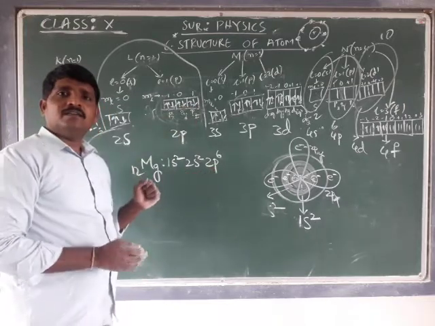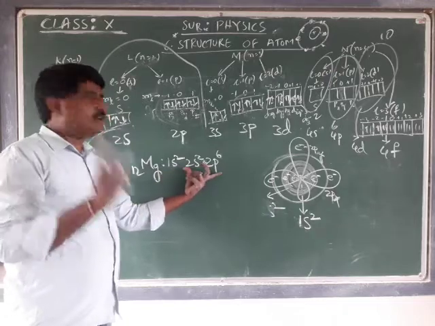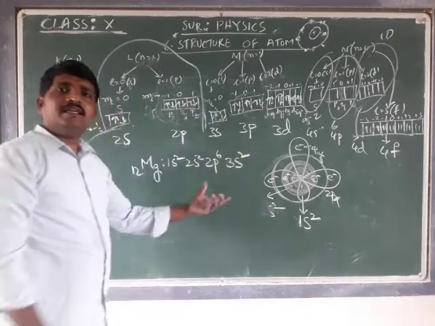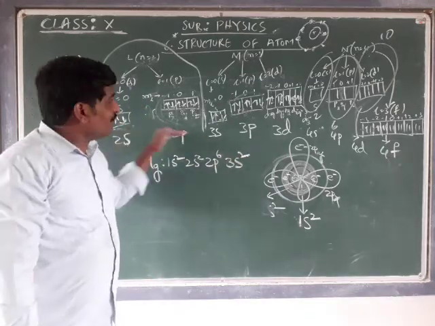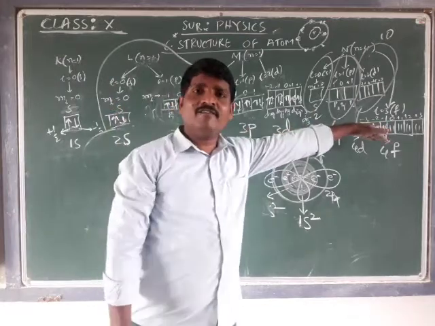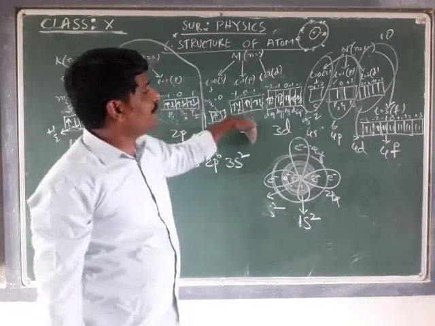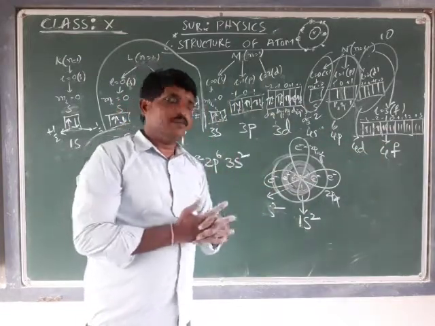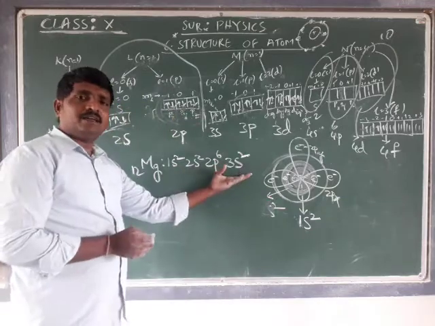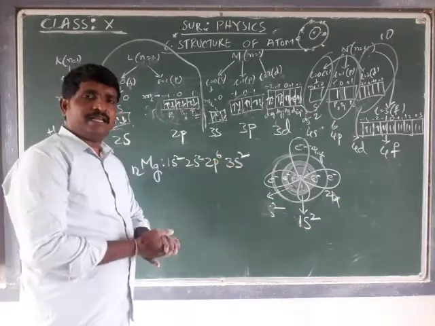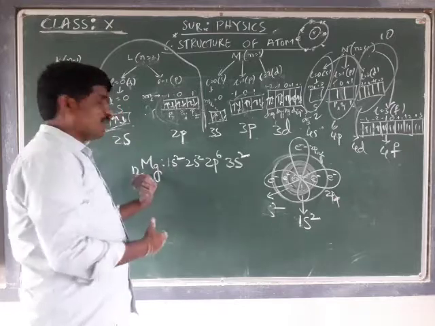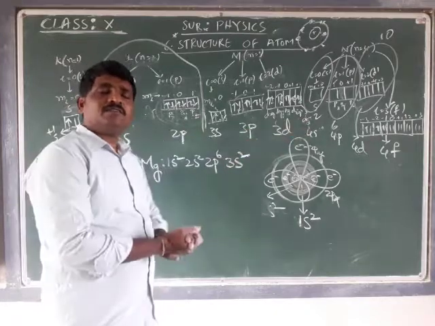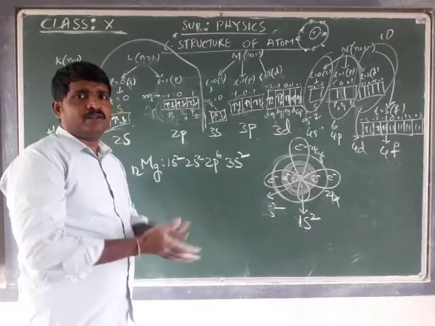Remaining how many electrons? 12 minus 10, 2 electrons are there. Where are they to be filled? That is in 3s, 3s2. In 3s 2 electrons will be filled. Of course, we may think we follow the sequence, after 3s, 3p will come, then 3d, 4s, 4p, but it's not like so. We have some rule, which I will tell you. But up to here the same method is what we follow. 3p also we can take if the atomic number is more. But from 3d onwards we have some rule that we have to follow, which we are going to learn in the next session.